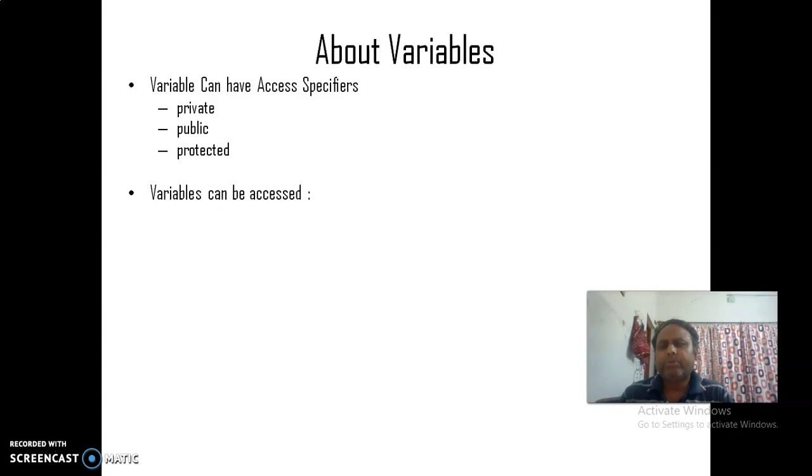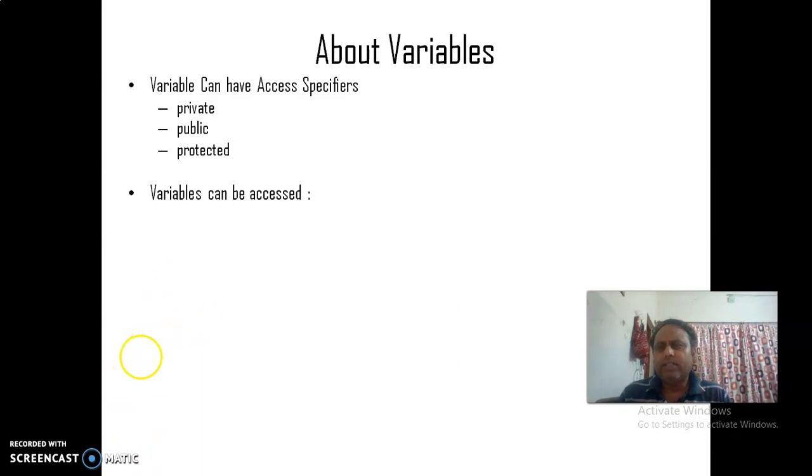By using these keywords, private, public and protected, we grant access to our variables inside the class, to be used either by another object of another class or by the same class.